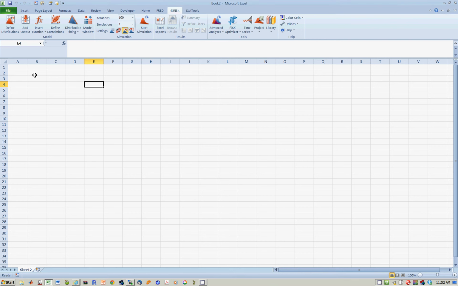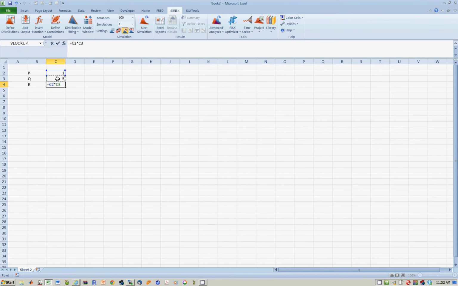So in this lesson, we're going to see how to create a data table. Let's suppose your company is charging a price of $1. You're producing a quantity of, let's say, 5. And your revenues are going to be equal to, type equals sign, the price in cell C2 multiplied by the quantity